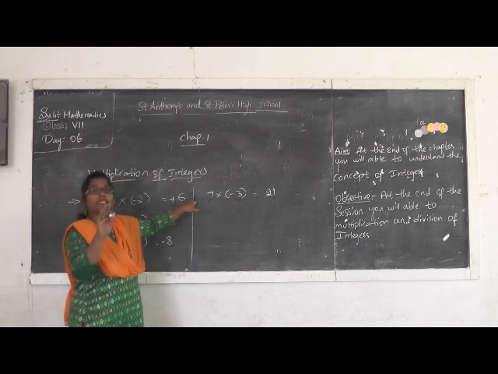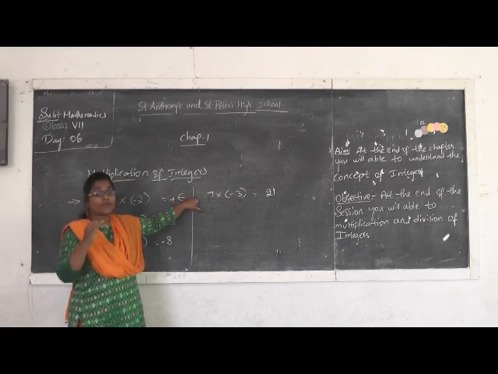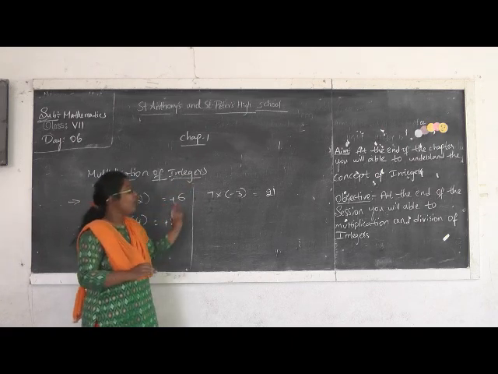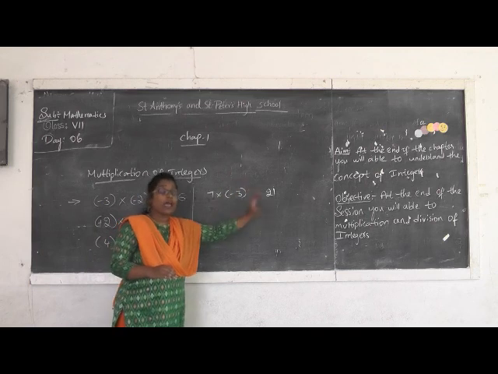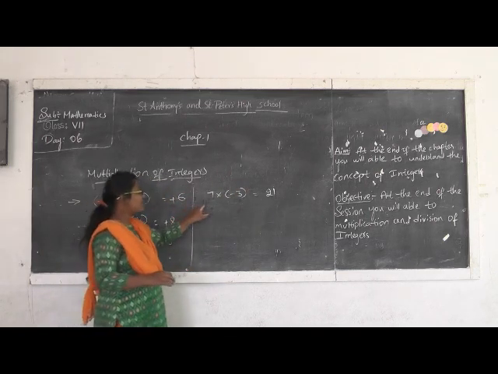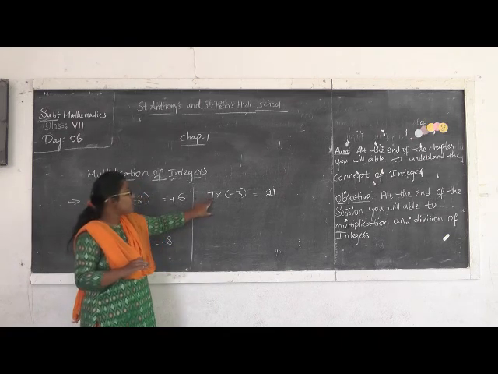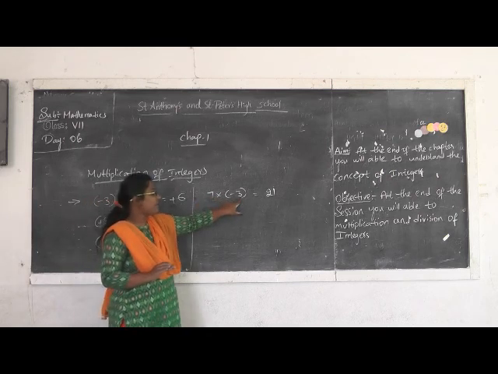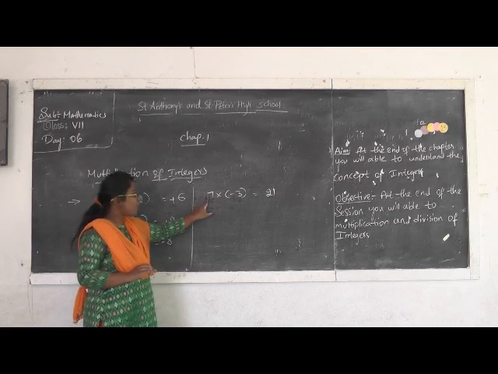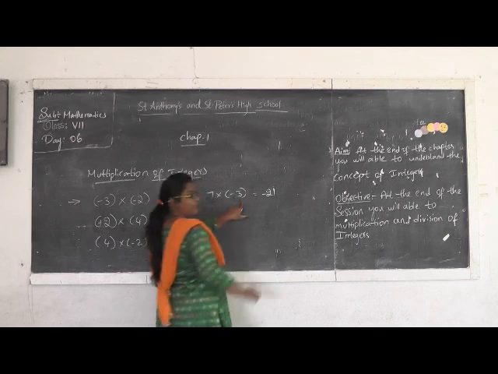Now observe the sign. That means we have to simplify the symbols also. Generally in addition and subtraction, based on the symbols we will add or subtract. But coming to multiplication, we first multiply the numbers and later simplify the symbols. Now observe the symbols. 7 is a positive number, so it is a plus, and 3 is a negative number, so it is a minus. When we simplify one positive integer with one negative integer, the result is negative.